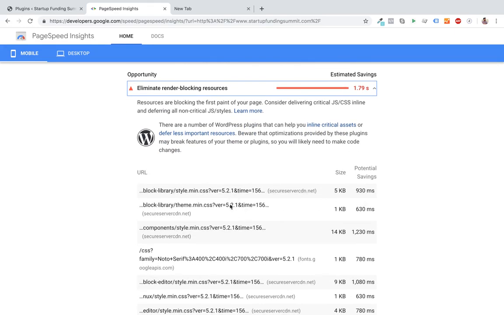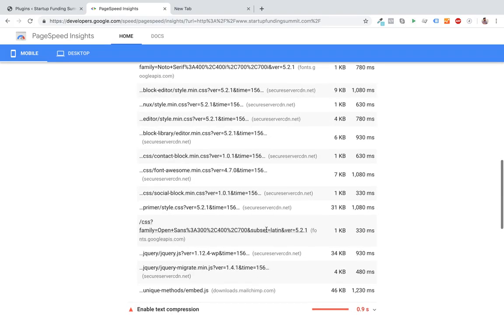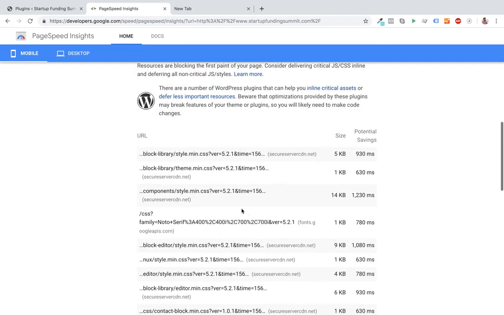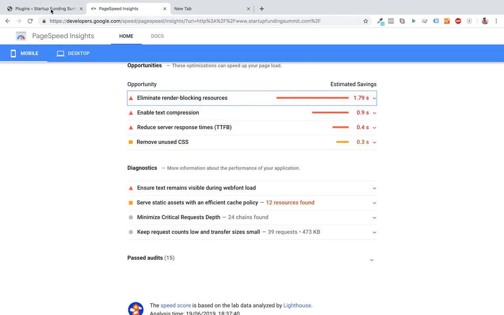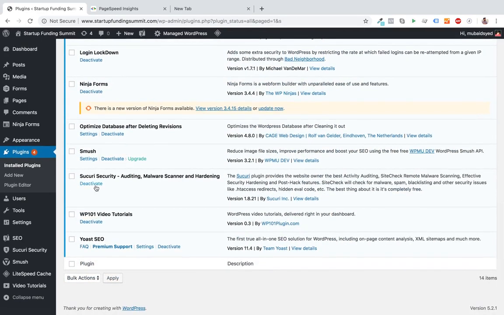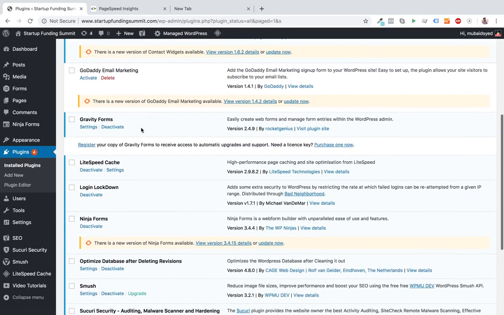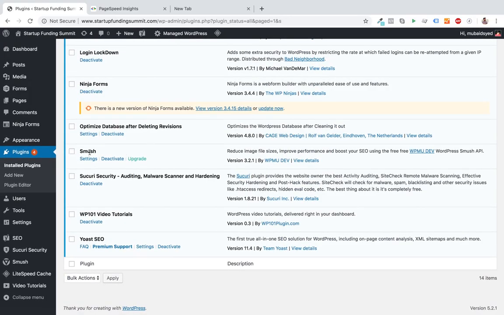If I see, there are certain JavaScript files that are rendering from the server right now. So we'll handle this technically, and what we have installed should actually show up. Ideally, it is. Let me just see if the caching is actually activated or not. If the caching is activated, we should see a score above 80. The Smush is activated right now, but I think they are basically looking at an upgraded version right now. We'll set it up later.